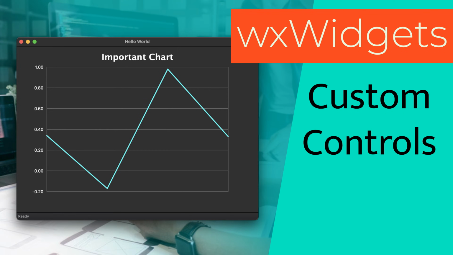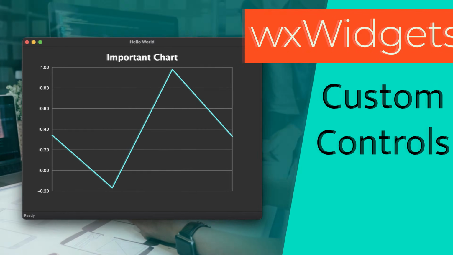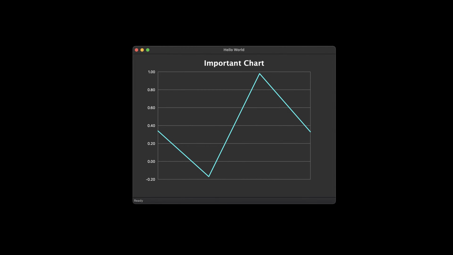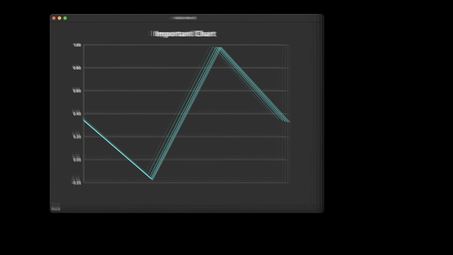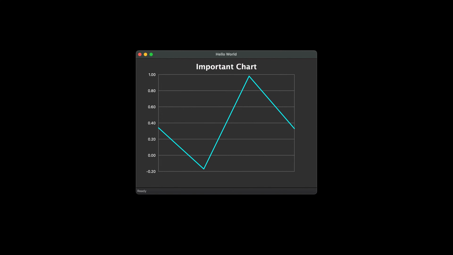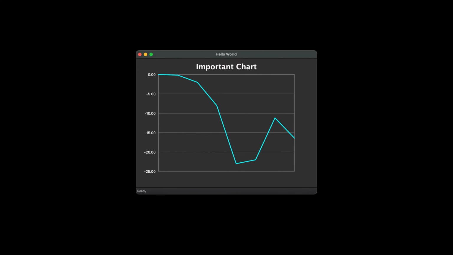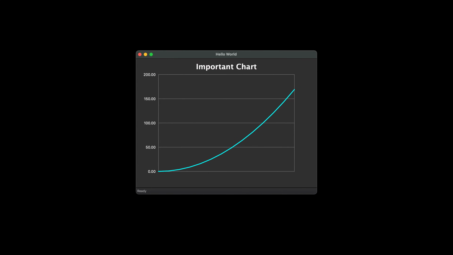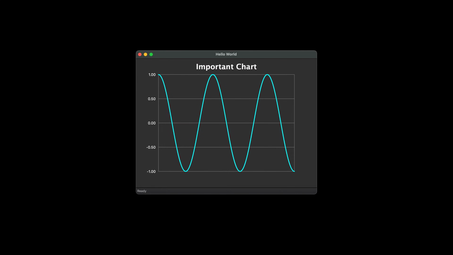In this tutorial, you will learn how to create custom controls in wxWidgets. We will build a fully functional custom chart control from scratch, complete with dynamic margins and auto-resizing. Our control will also be able to handle all sorts of data ranges gracefully by automatically generating the horizontal axis